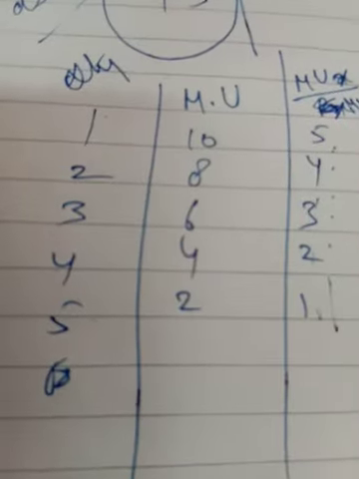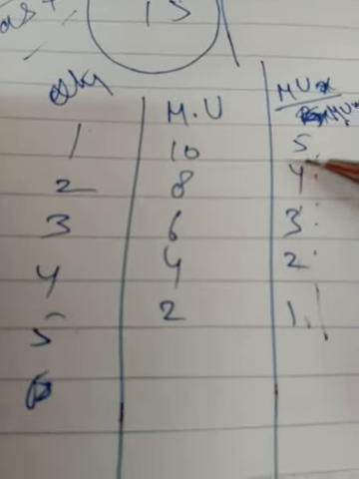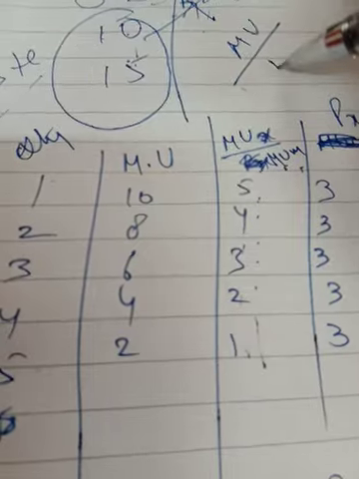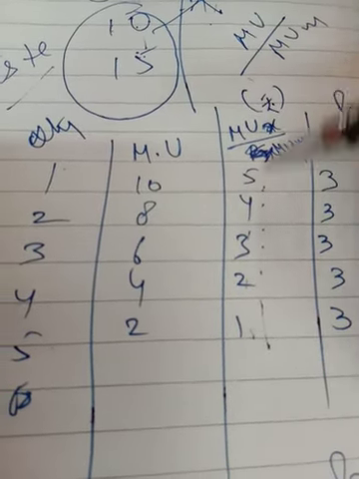This is the price I am ready to pay for this particular unit, because I am getting satisfaction. From the first unit I am getting satisfaction equal to 5 rupees. From the second unit, satisfaction equal to 4 rupees. As you see, from every additional unit I get lesser satisfaction in terms of rupees. If you divide marginal utility by marginal utility of money, you get utility in rupees.